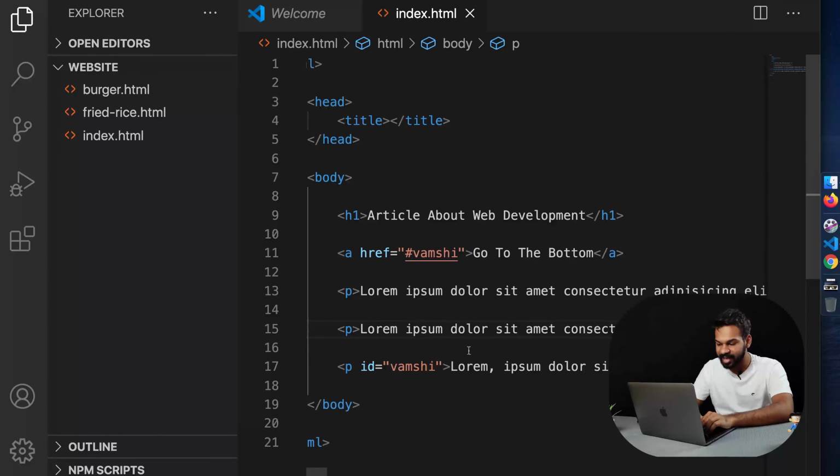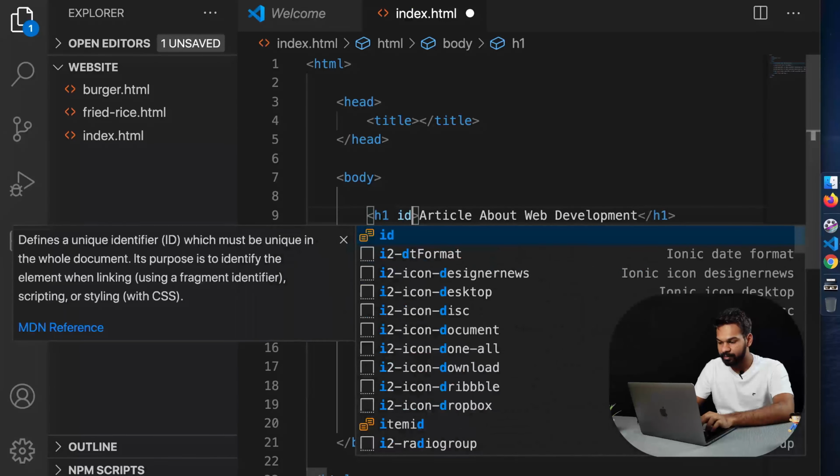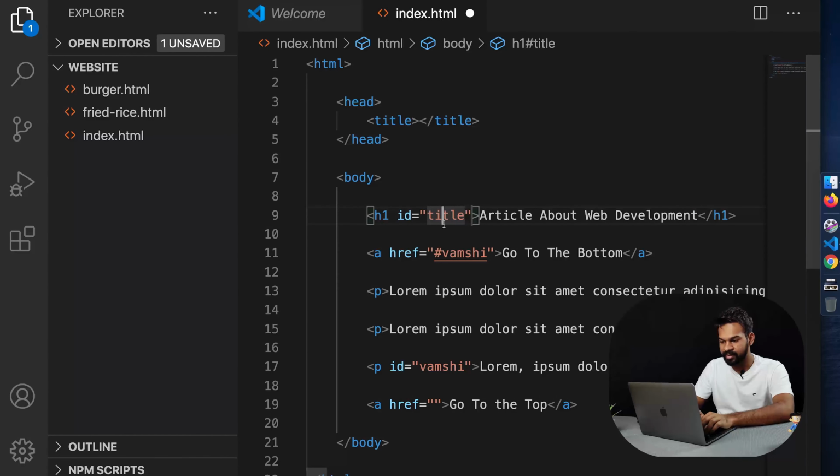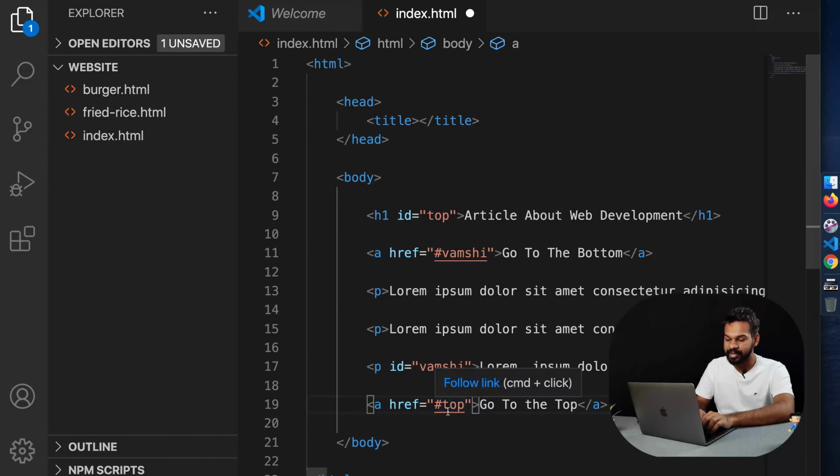And you can do the same exact thing by having an anchor tag at the bottom and saying go to the top, and we can have a small ID title or just say top. Even that would work fine. Like I said, ID is something only for representation purposes. Inside that you can name it whatever you want. So I'm just going to say hashtag top. So when I click on this, it's going to look for an element which has the ID top. All right, save,